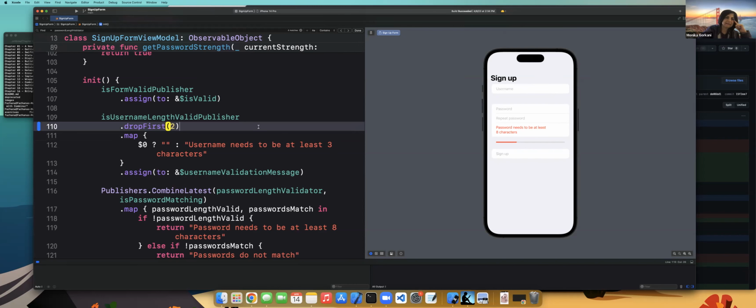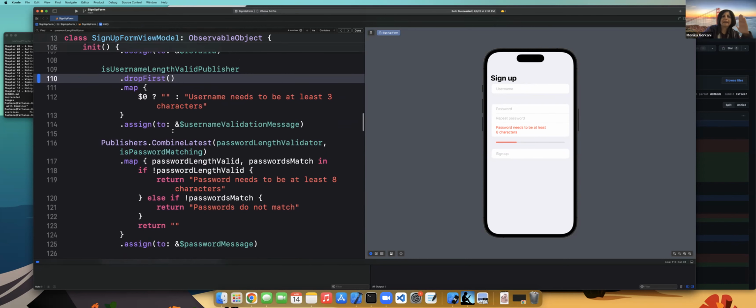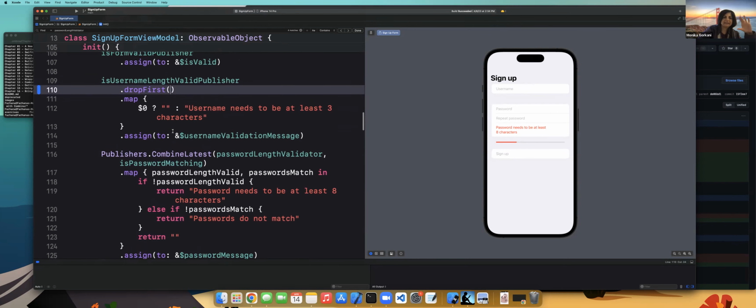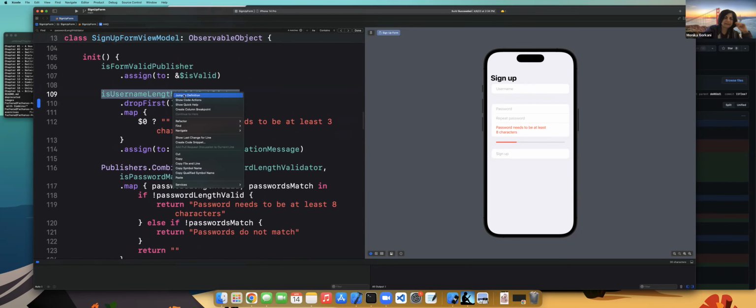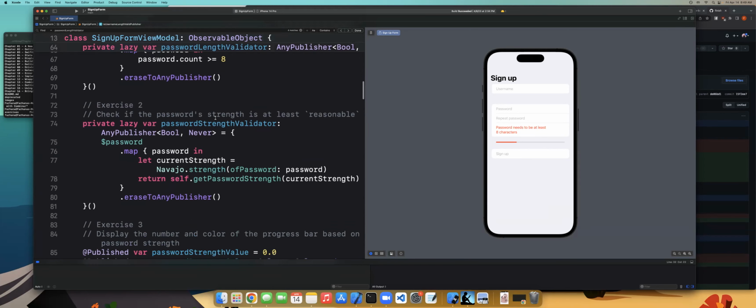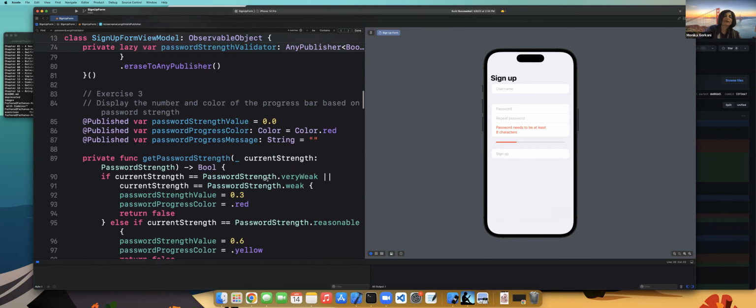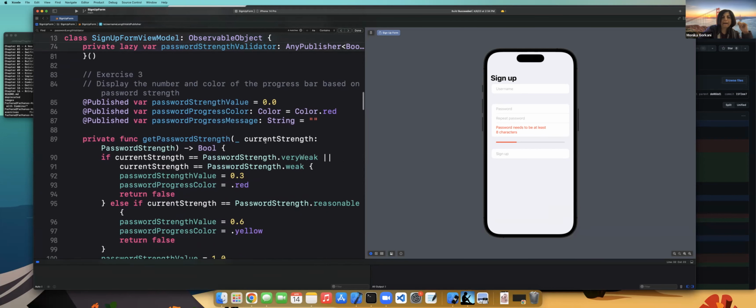And a similar thing for that color thing. Instead of red like he had it, we could set it to clear and then drop first at the strength validator, because that was kind of bugging me. But overall, I think this is a good example, and later on he builds on that for the networking he's using